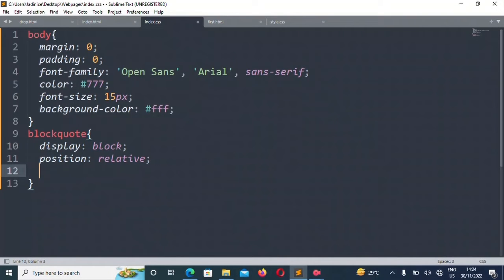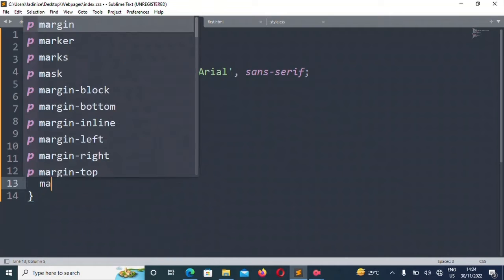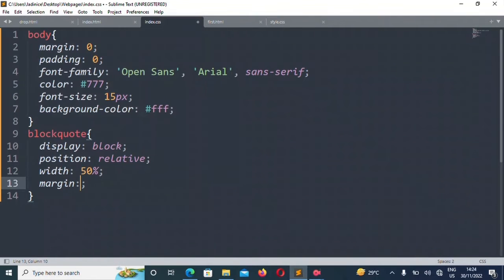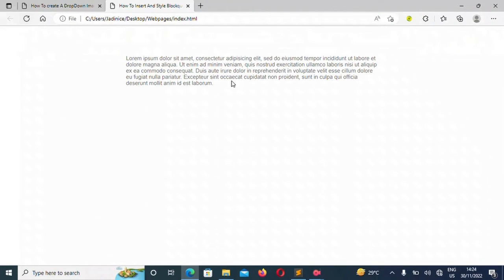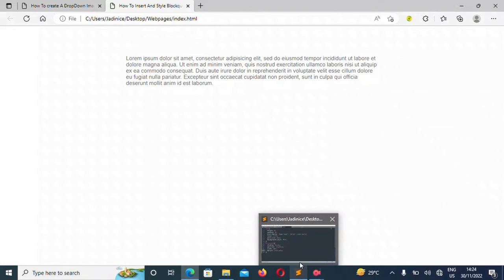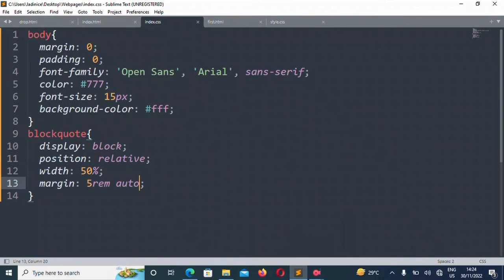And the next thing that I'm going to do is to add the width, making it 50%. Then the margin will be 5 rem auto. You see how it moved from page to 50%, and how the margin has automatically moved 5 rem automatically.